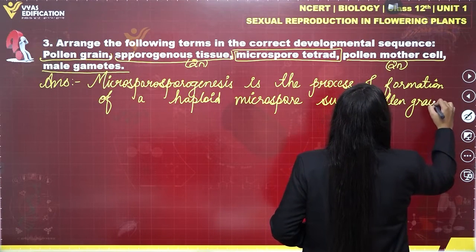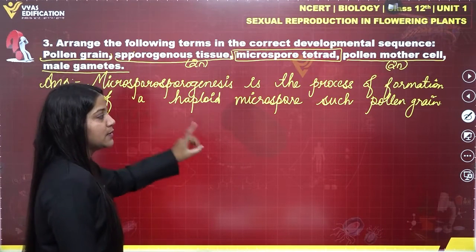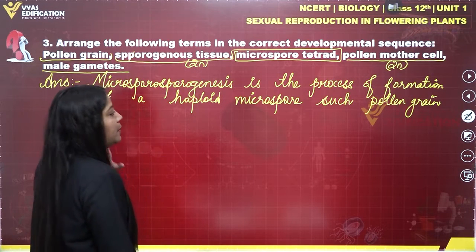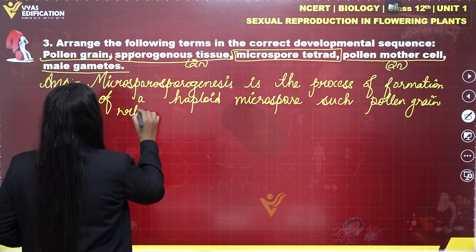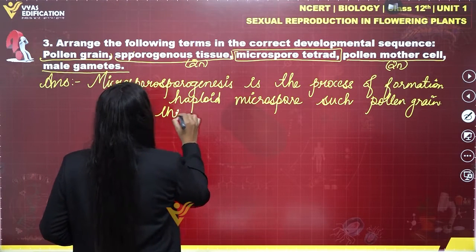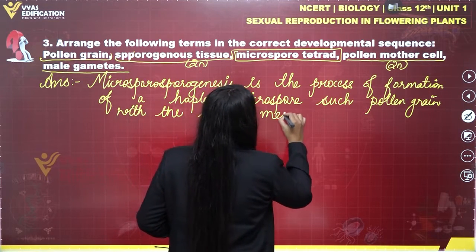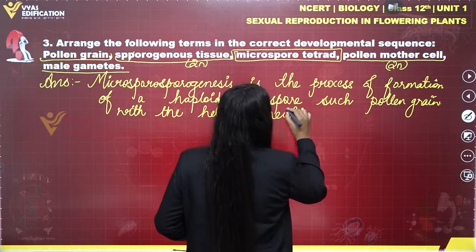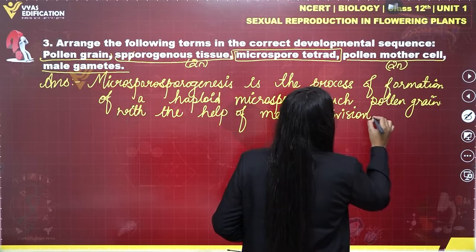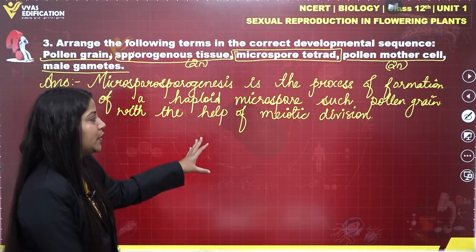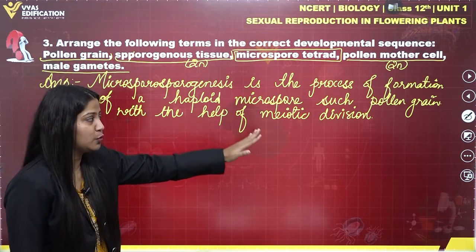What are the male microspores which are haploid in nature? That is pollen grain. So microsporogenesis is the process of formation of haploid microspores such as pollen grains with the help of meiotic division or reductional division. Now after undergoing meiotic division, this microspore tetrad is going to give rise to pollen grain, and